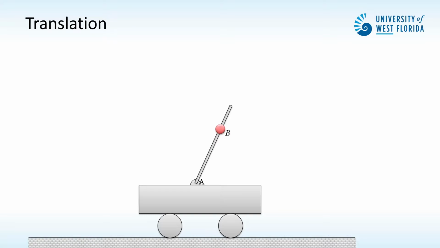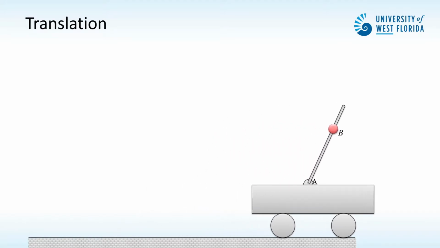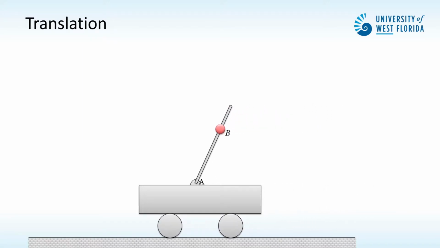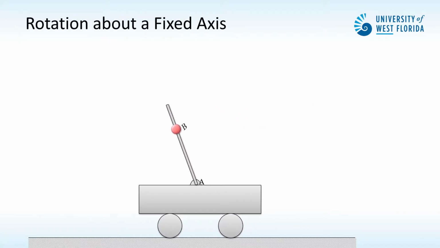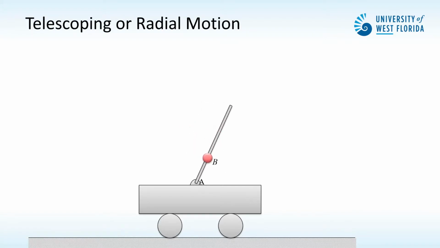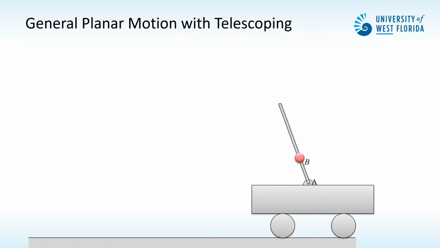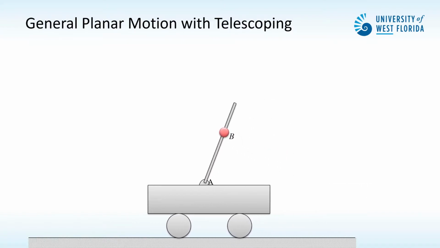In this video, we'll cover general planar motion with telescoping or radial motion. I'll start by breaking it down. It consists of translation, plus rotation about a fixed axis, plus telescoping or radial motion. And we'll put them all together and analyze the motion of point B with respect to an inertial or earth